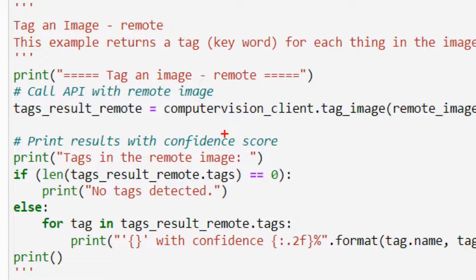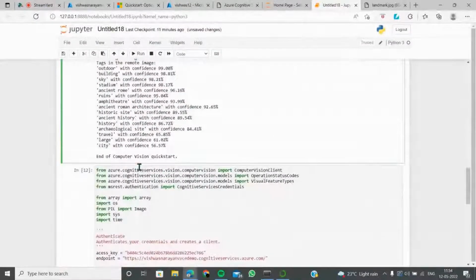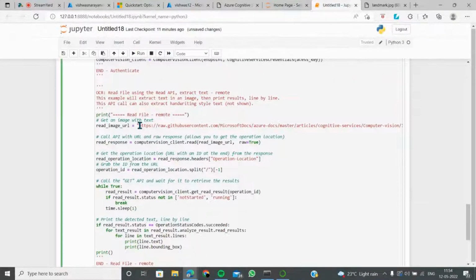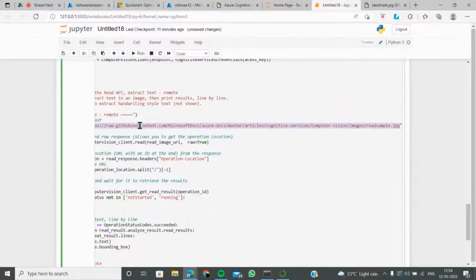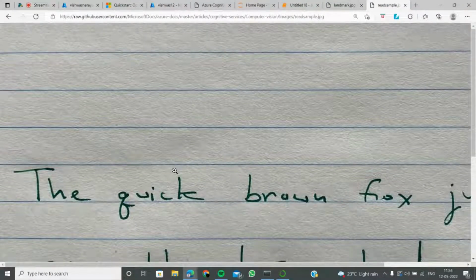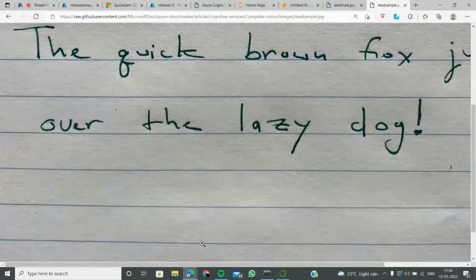So we'll keep on moving with a lot of things like this. To tag the image, I'm using the computer vision client, which is set with the subscription key and the endpoints. Now let me show you what this image is all about. You can click on this, and quick brown fox.